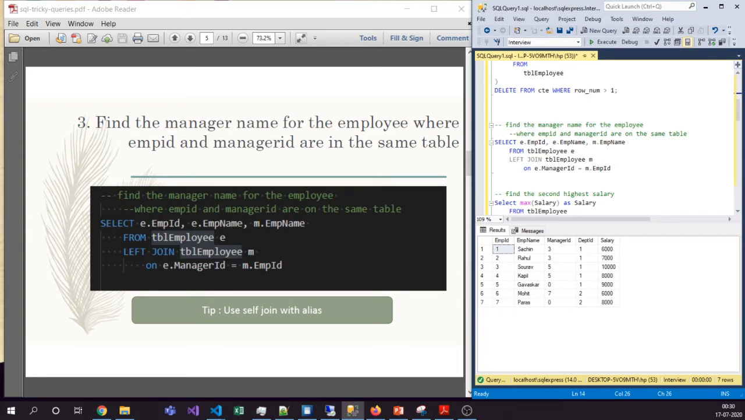That's the reason we are using a left join. And since there is a join, we have to join based on some condition: E dot manager ID is equal to M dot employee ID. This is the key thing. With the M alias, we can use M dot employee name, which will give us the manager name. So here, if I just run the query,